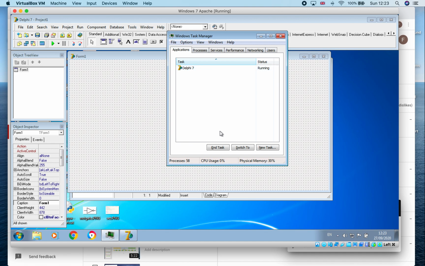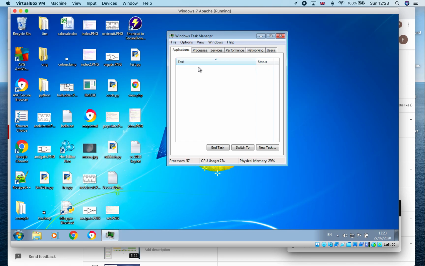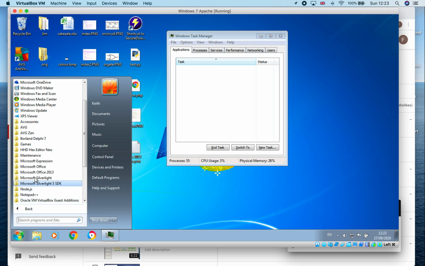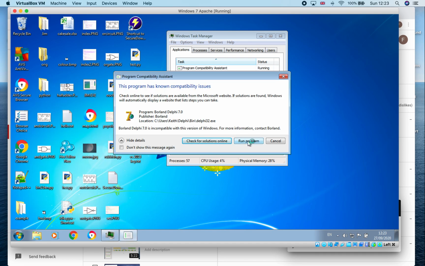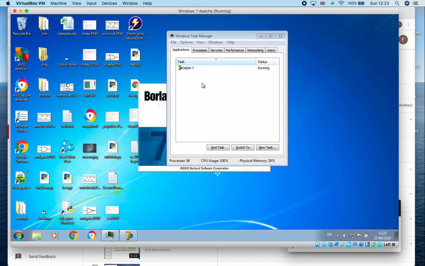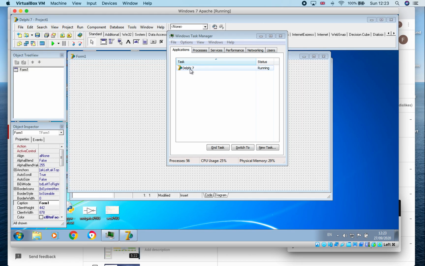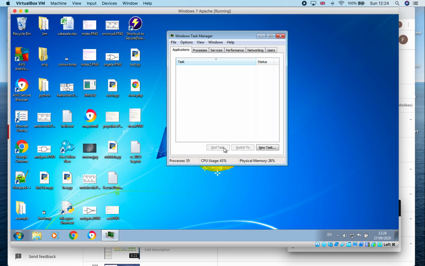Now, I've got two ways of closing it. I can close it through the red X, and if I do that, it shuts down and the task goes away. Right, let's run that again. Or I can actually use the Task Manager to close it down. So there's Delphi 7 running again. Let's get it going. Click on Delphi 7 and choose End Task, and it shuts it down. So this is the Task Manager. This is managing all